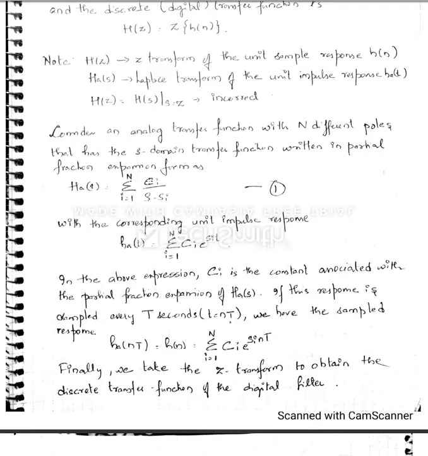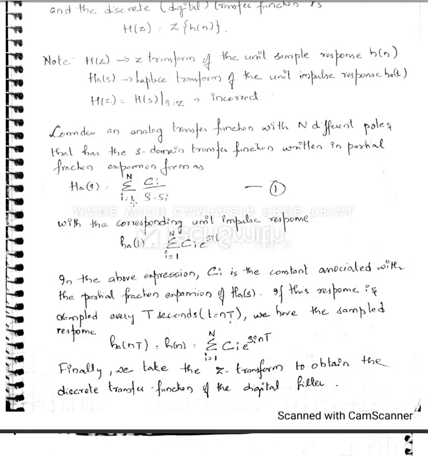Where c is a constant. Now if you compare this to your Butterworth, and n is nothing but the order of the filter, for Butterworth the c value is always 1. If you remember, we obtain 1 by s minus s0, s minus s1, s2, and so on. When it comes to Chebyshev, you will get some constant values, because we were solving it for the numerator and denominator polynomials, and hence we end up getting c as some constant value. Now this is a partial fraction expansion with the value of i ranging from 1 to n, not from 0 to n, it is ranging from 1 to n.